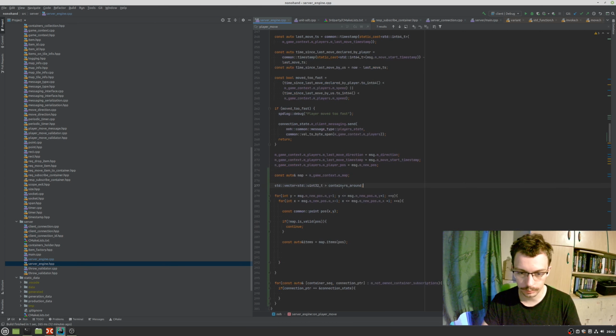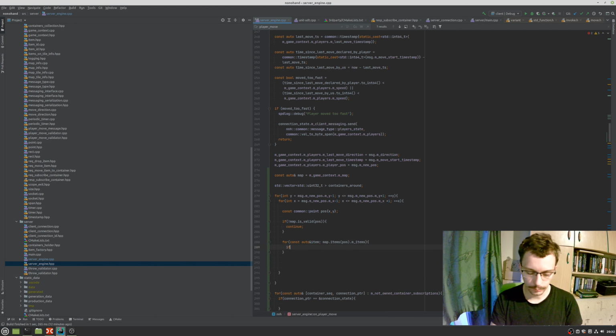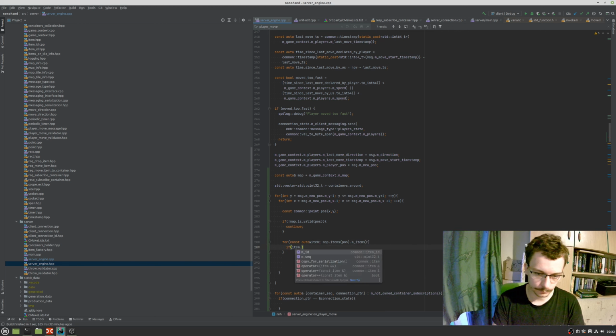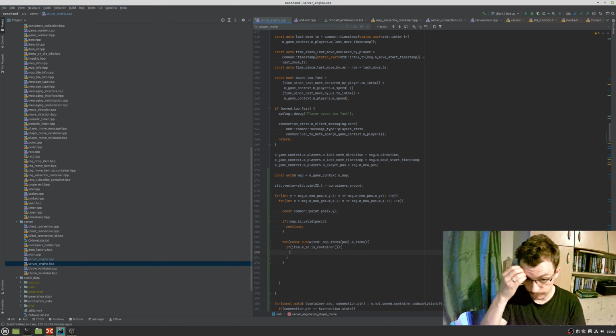Let's call it containers around. And now let's iterate over the items. Item in items. And now if item MID is container, let's add it to our containers around. Push back